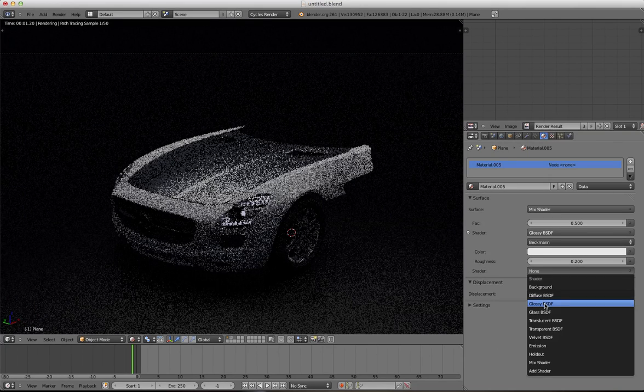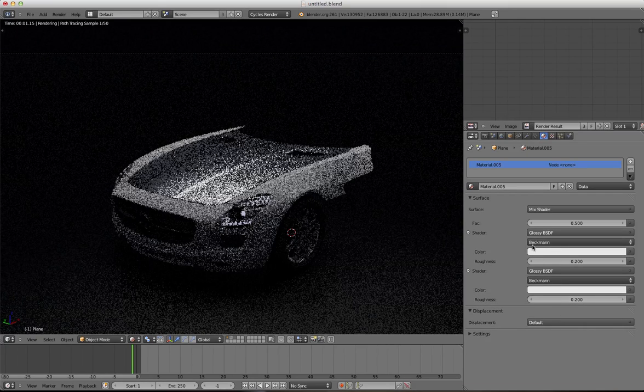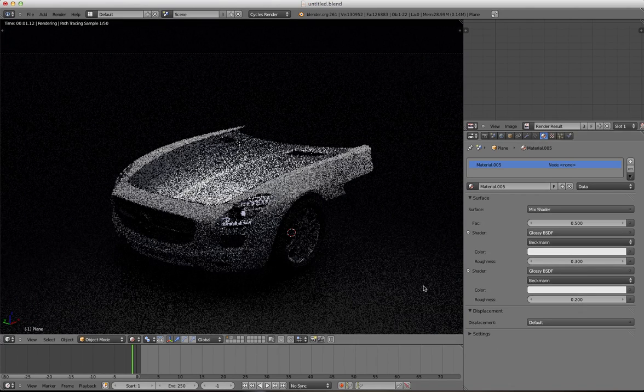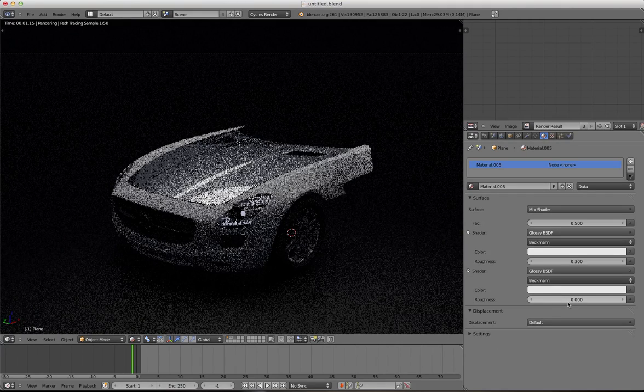So select glossy up here and down here, both of them. But the difference between those two has to be the roughness. So make the upper one be something like 0.2 or 0.3, and this one make it be 0,